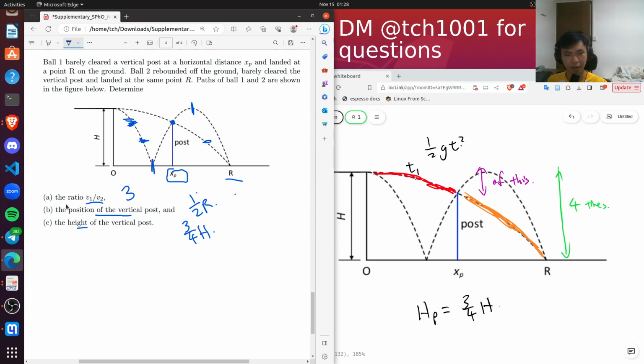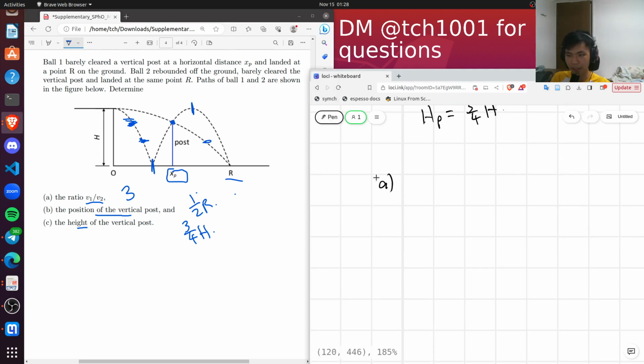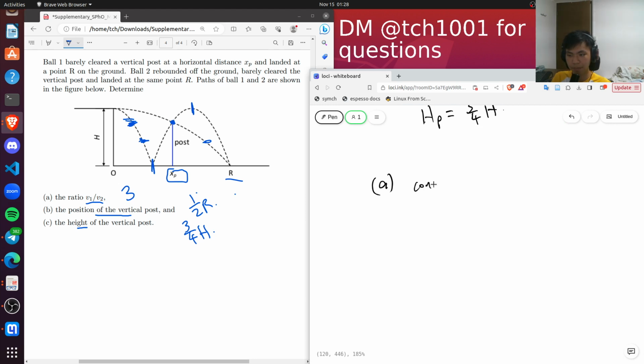So altogether the lessons to learn from this question: part A, we consider horizontal displacement, consider the x displacement when it hits the ground. Then for part B, we consider all the symmetric things. Consider the time taken, the time of flight,